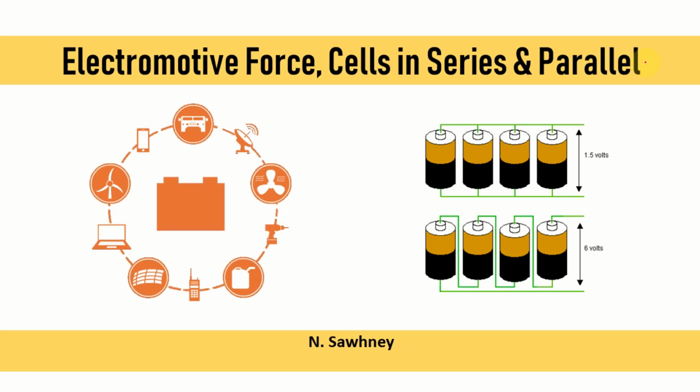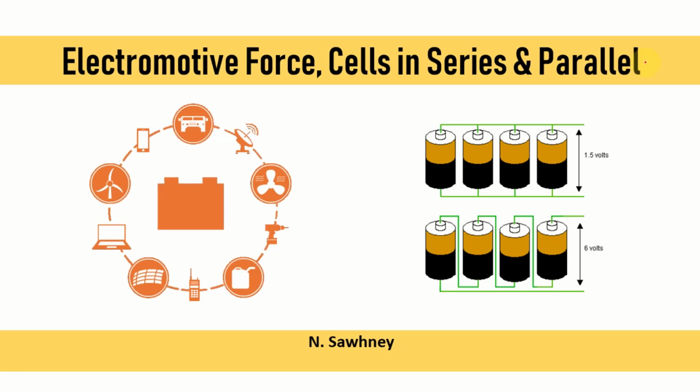It has two rods called electrodes or plates. They are immersed in a liquid called electrolyte, due to which one of the rods becomes positively charged and the other becomes negatively charged. And when these two rods are connected by a wire, charge begins to flow. That is, a cell changes chemical energy into electrical energy.